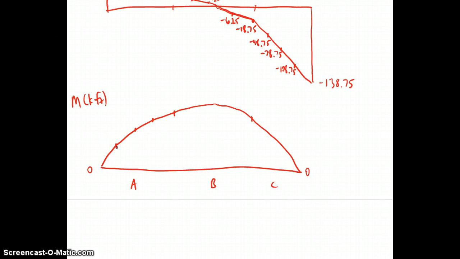So knowing that the area under shear is the change in moment between 2 points, we can get all these values: 132.5, 245, 337.5, and 410 at the juncture between segments A and B. Quarter points of segment B are going to be 503.8,